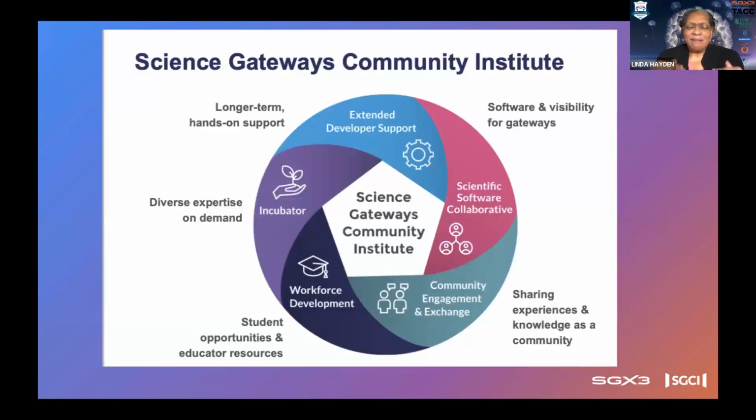So we started with this original design back in 2016. As the Science Gateway Community Institute, we had 5 major components. We had an extended development support team that was housed at Indiana University, where we had a cadre of Gateway developers who were